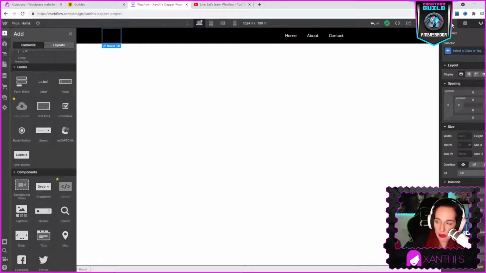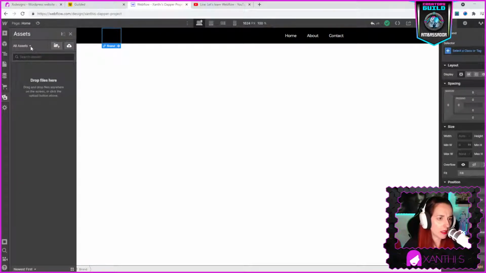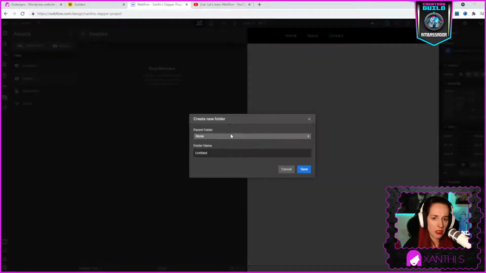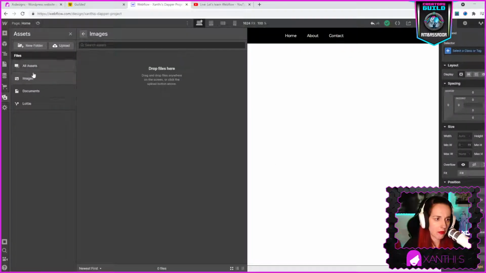Because you know what I mean. If you have a logo uploaded on WordPress and you're using Elementor Pro, if you drag the element logo, it brings it automatically because you have uploaded it already as a site identity. So you don't have to re-upload it if you use the logo element. So I don't know if it's something like that. Here is something, images, all assets. I don't have any images. Cancel. All assets. Drop files here. I'm gonna drop my logo, but I don't think it's that.